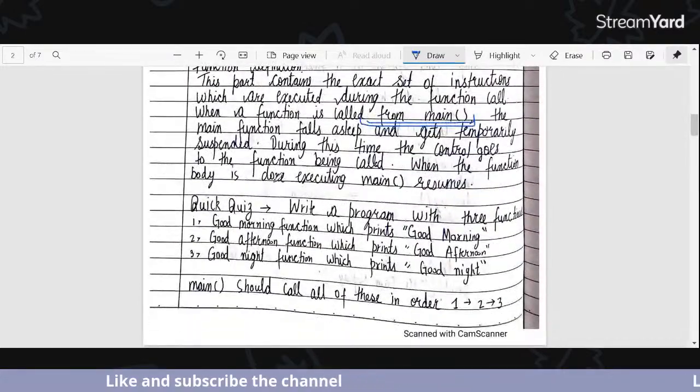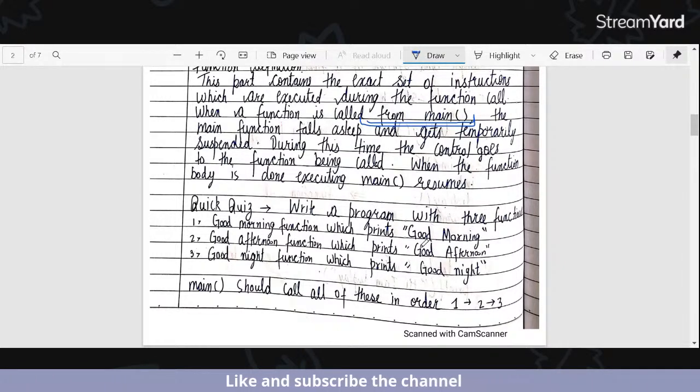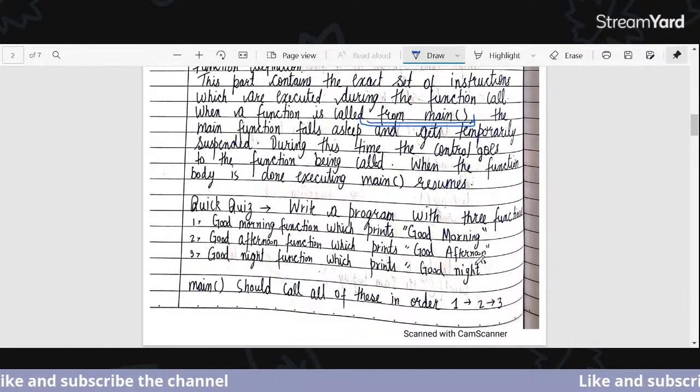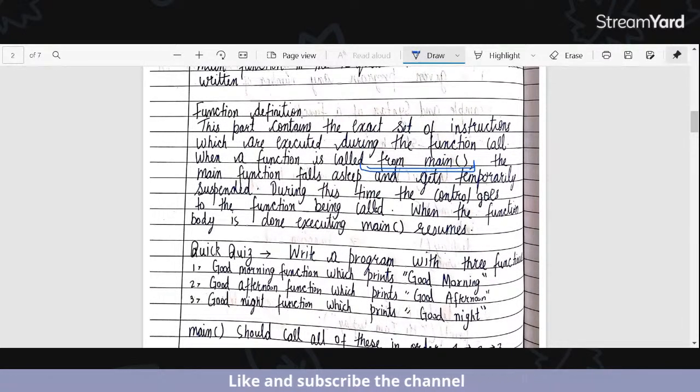So here is a quick quiz, which is a program: write three functions, one which prints good morning, the next which prints good afternoon, and the next which prints good night. So these are the basic programs we can do in tomorrow's class, as the time is already going to be done,